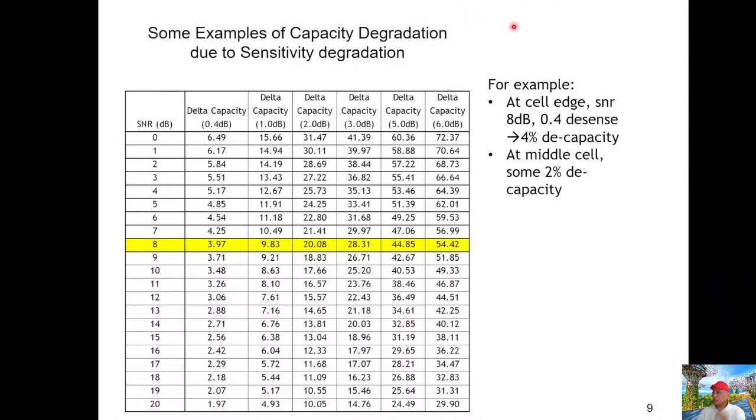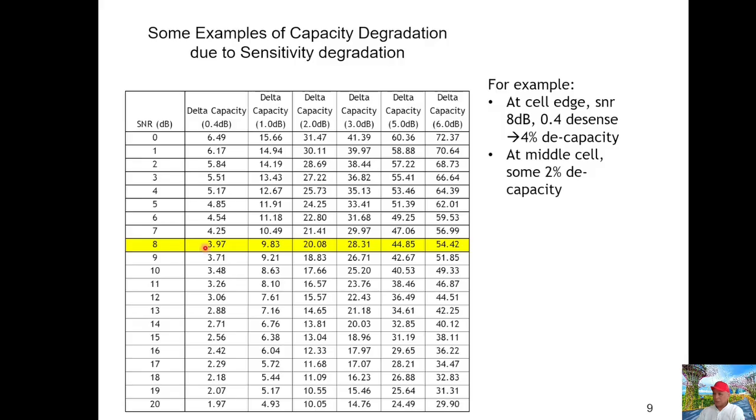Here are some examples of capacity degradation due to the sensitivity degradation. At the cell edge, most telco vendors and operators define the cell edge at a signal to noise ratio of 8 dB.